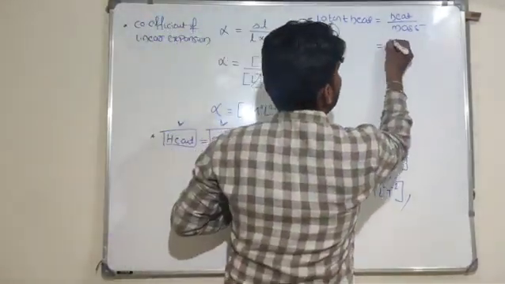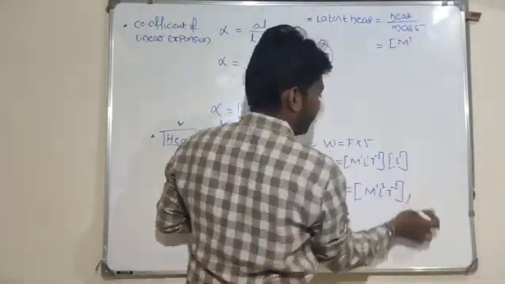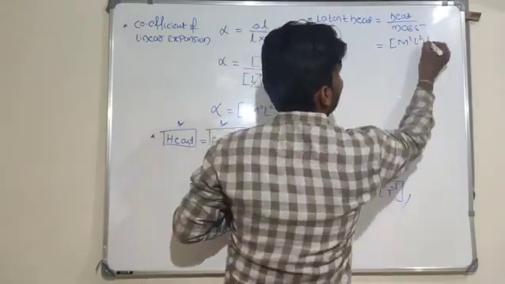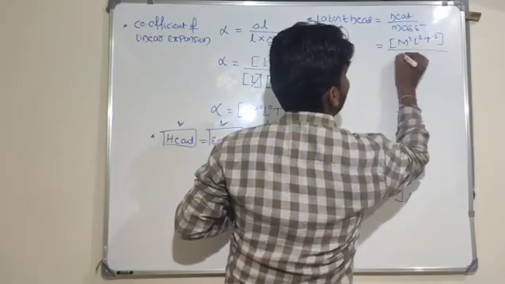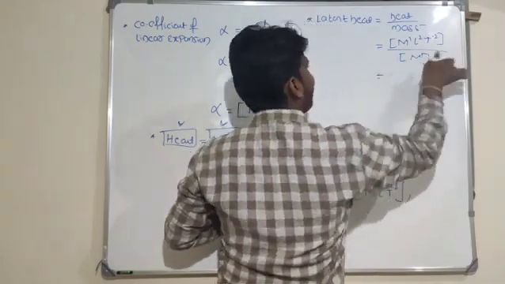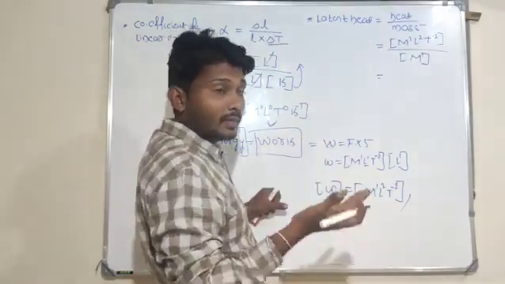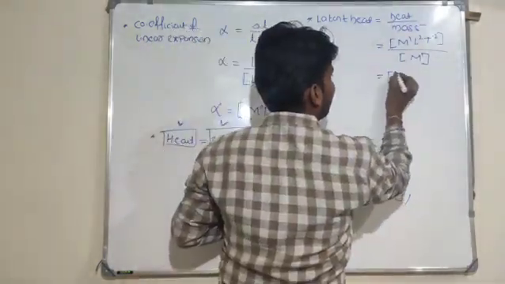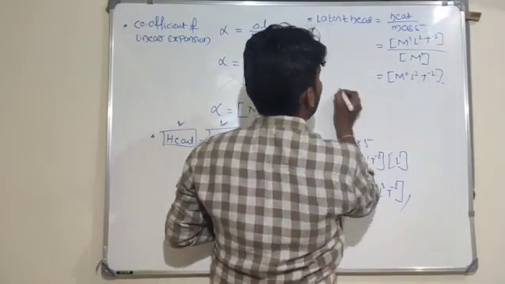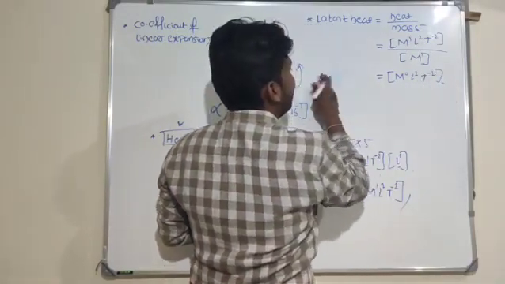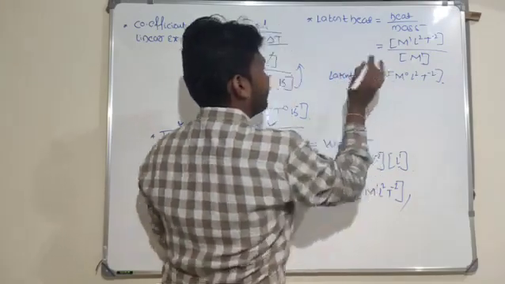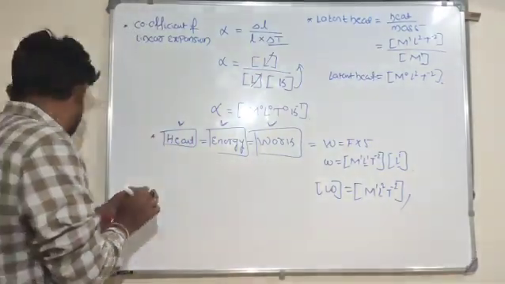Heat by mass: I know the dimensional formula for heat, which is M1 L to the power of 2 T to the power of -2. In the denominator one more mass term is there, M to the power of 1, and if it goes to the numerator it becomes M to the power of -1, so the mass term becomes 0. So L to the power of 2, T to the power of -2. This is the dimensional formula for latent heat.